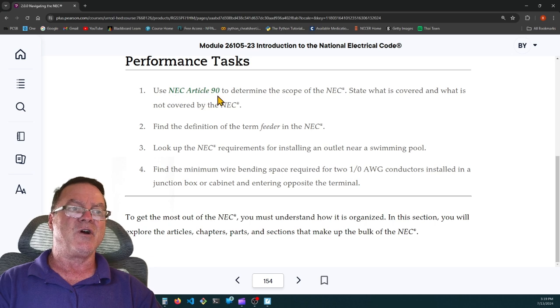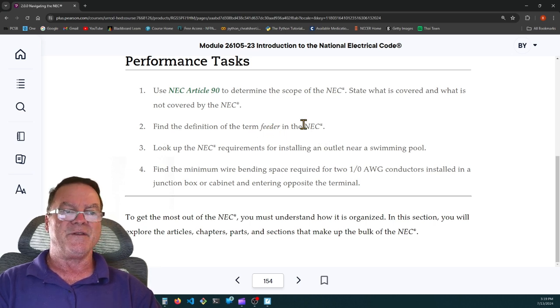Use National Electrical Code Article 90 to determine the scope of the National Electrical Code. State what is covered and what is not covered by the National Electrical Code. Find the definition of the term feeder in the National Electrical Code. Look up the National Electrical Code requirements for installing an outlet near a swimming pool. And find the minimum wire bending space required for two 1-aught conductors installed in a junction box or cabinet and